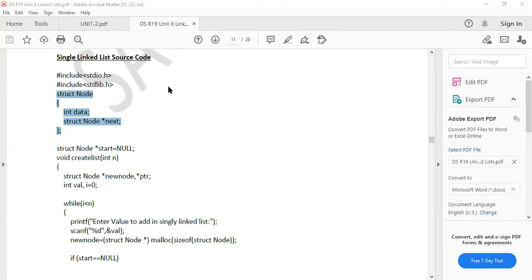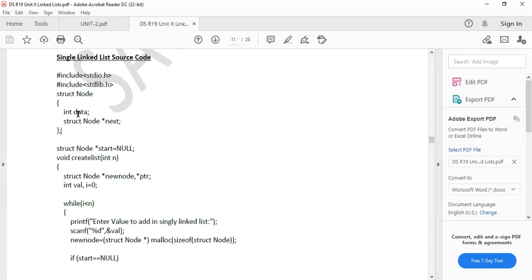So what is node? Structure type. For example, if I declare a value 10, that is integer type. If I declare 3.5, that is a float type. Here the node is called a structure type. That is why we are using the keyword struct. In that node, we are using integer type of data, because we are designing the single linked list only.